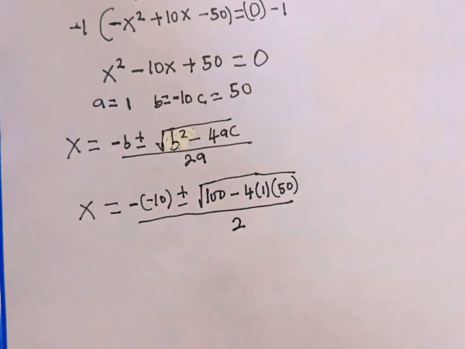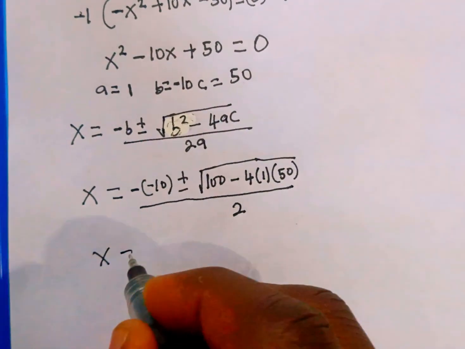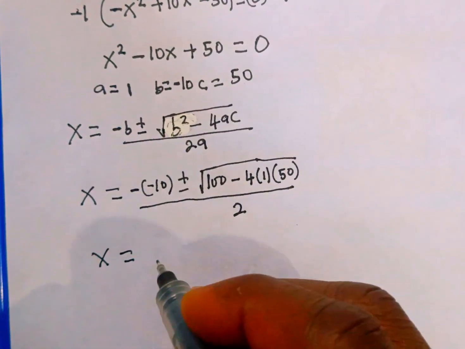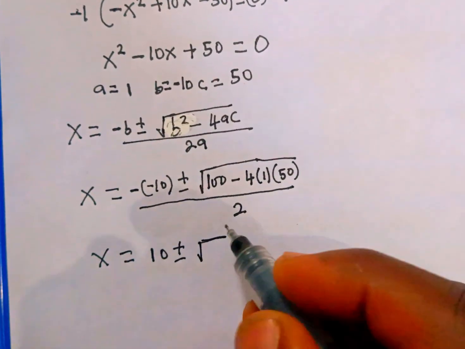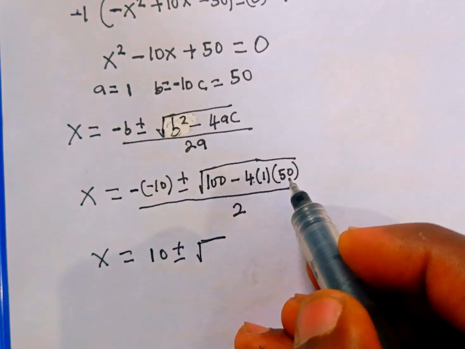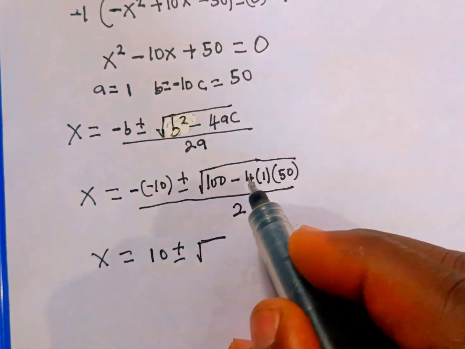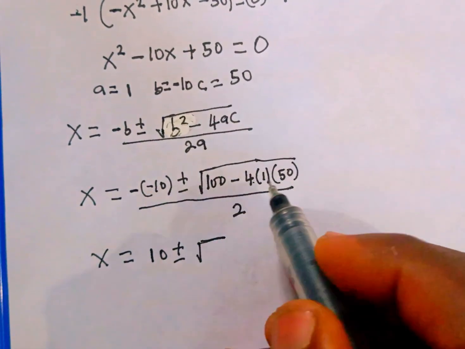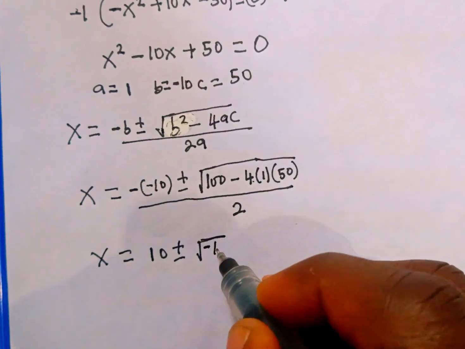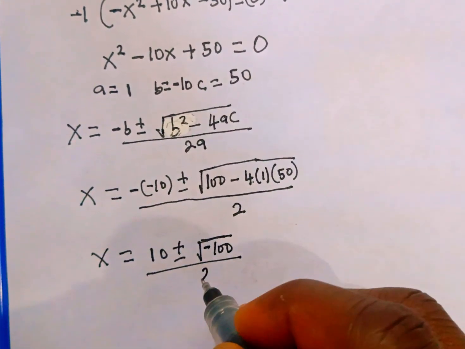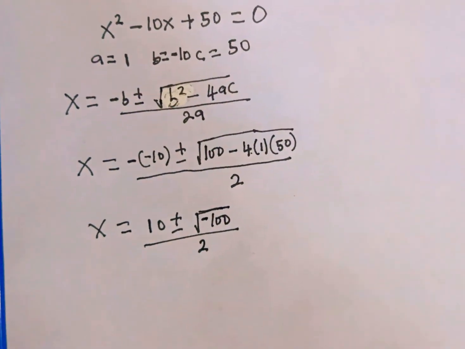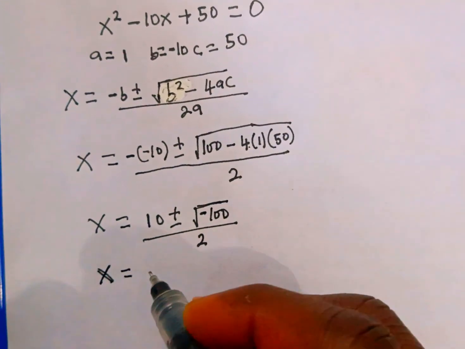So next, we're going to have x equal to negative of negative 10 gives us positive 10, plus or minus square root of 4 multiplied by 50, which is going to give us 200. Then 100 minus 200 is going to give us minus 100. So everything is going to be all over 2. So now x will be equal to